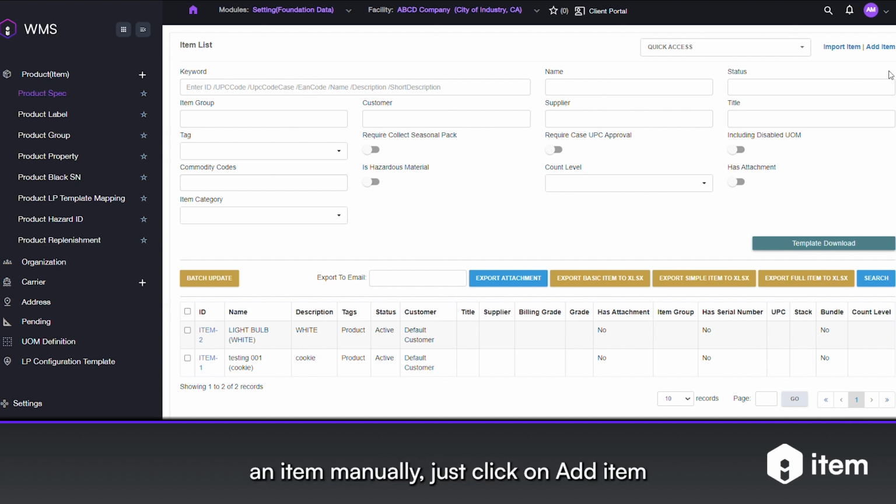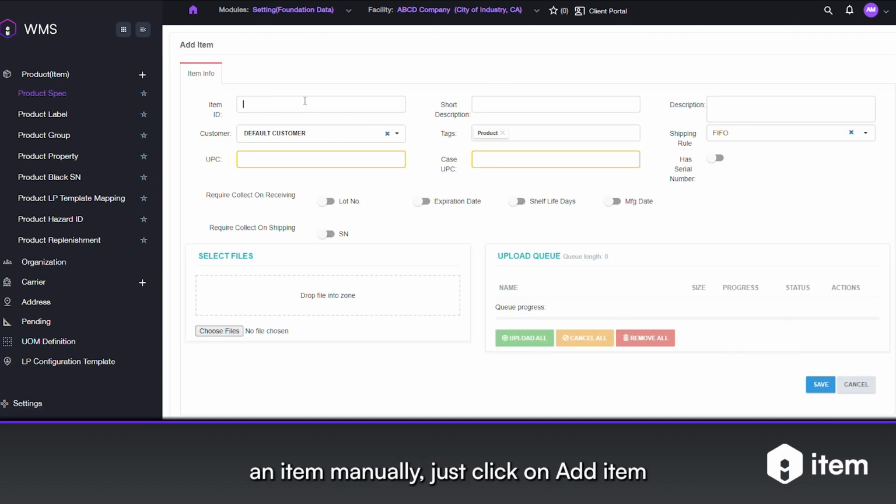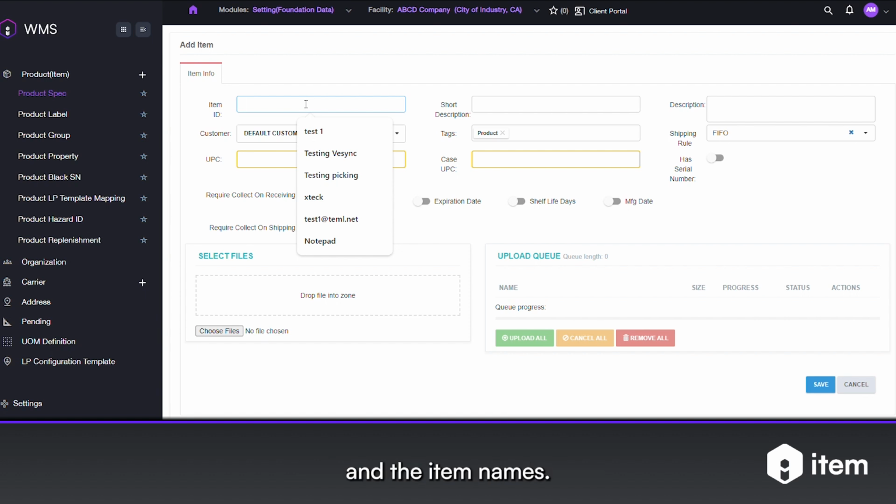To add an item manually, just click on Add Item. In the item ID, type in the item and the item names. Let's say I create a computer. The description is,